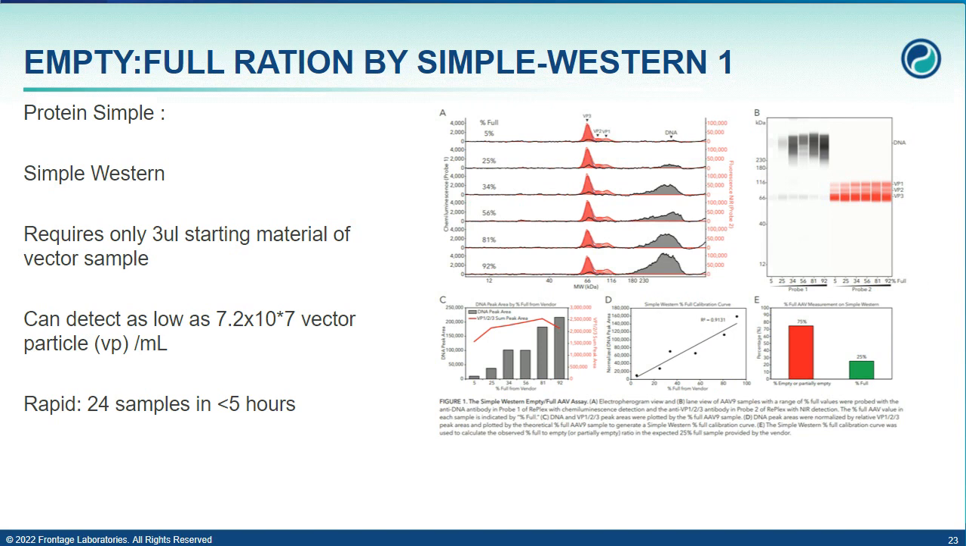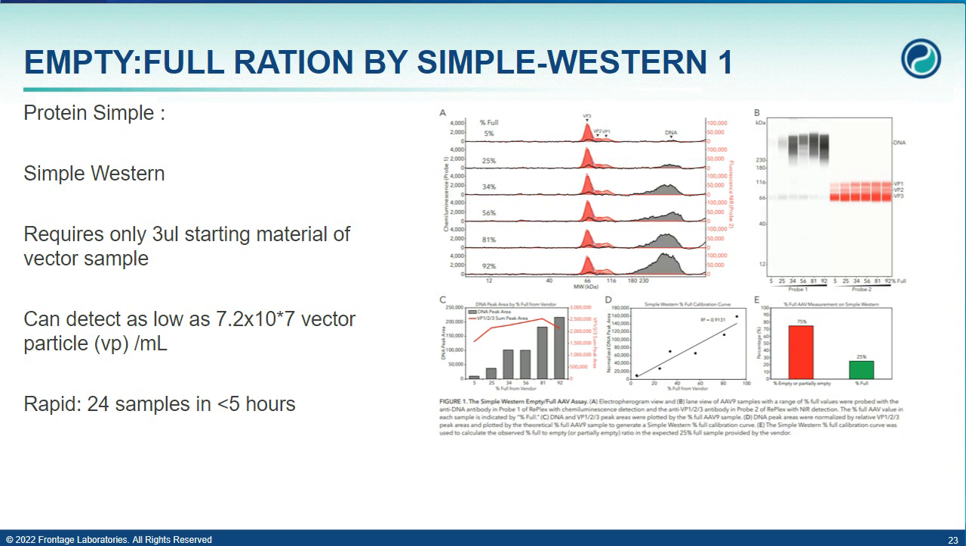The empty-full ratio can also be determined by simple Western. The simple Western requires only 3 microliters starting material of vector sample. It has its own advantage for empty-full ratio determination. The simple Western can detect as low as 7.2 E7 vector particles per ml, and the assay is fast, so